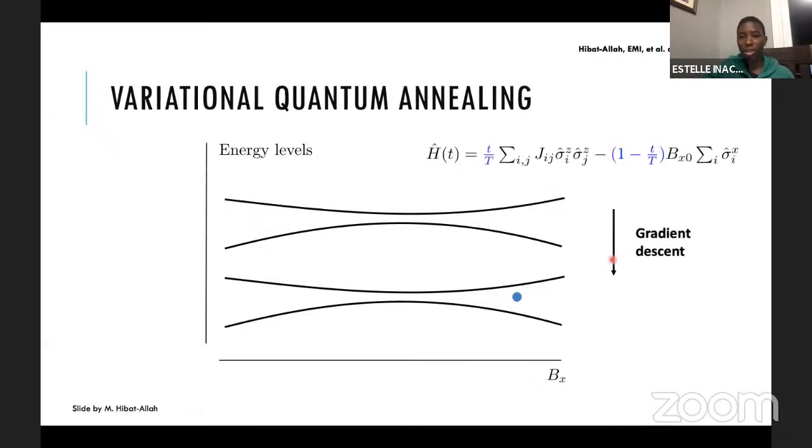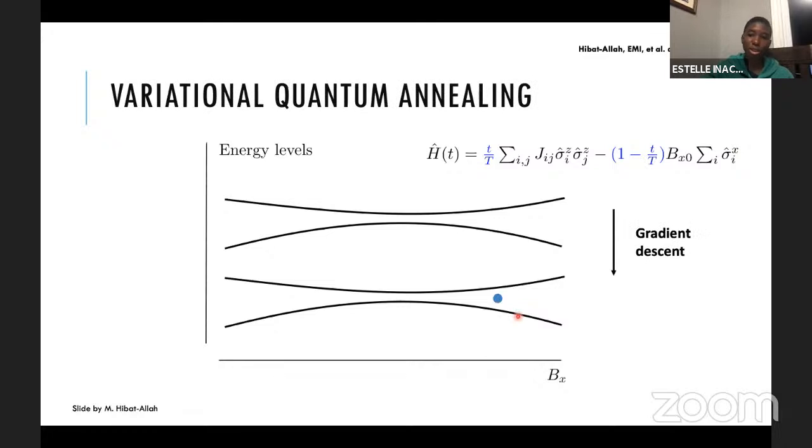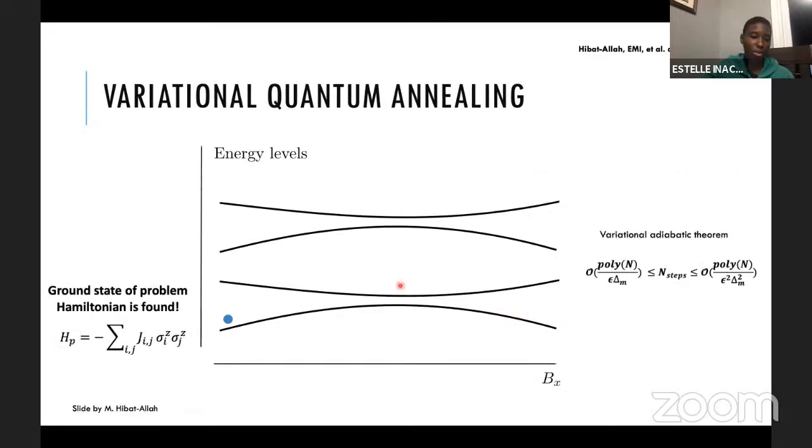Next we do an annealing step, that is, we reduce the transverse field and we introduce the problem Hamiltonian. That makes us shoot out of the instantaneous ground state, so we need to fall back on the instantaneous ground state. So we have to perform some gradient descent steps, and then we are again on the instantaneous ground state. So we change the Hamiltonian again and fall back again, and so on and so forth. We reduce the quantum fluctuations so that at the end, when all of them have been removed, we expect to find ourselves in the ground state of the problem Hamiltonian.